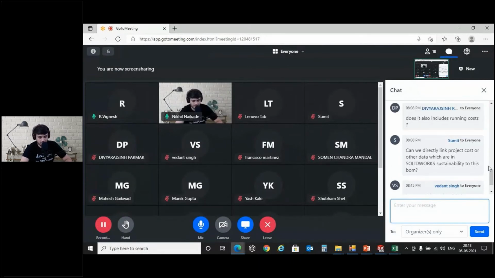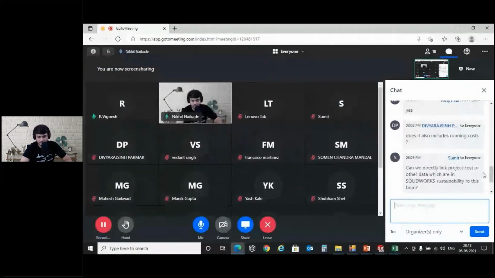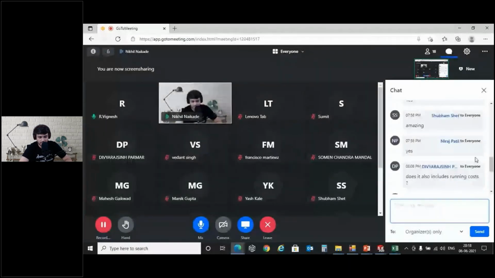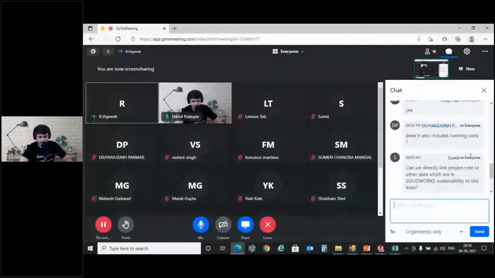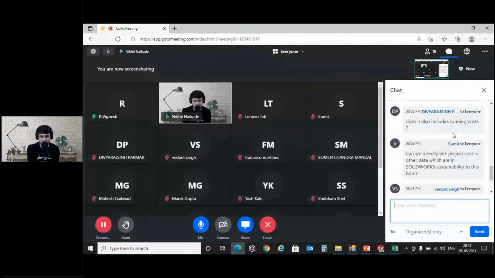The next question asks whether it also includes running cost. Mr. Divyaraj, can you please brief what you actually mean by running cost? He was asking while you were explaining the project costing. Can you elaborate for us, Divyaraj?